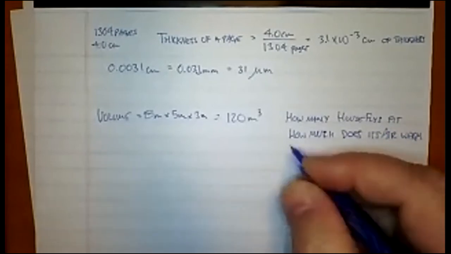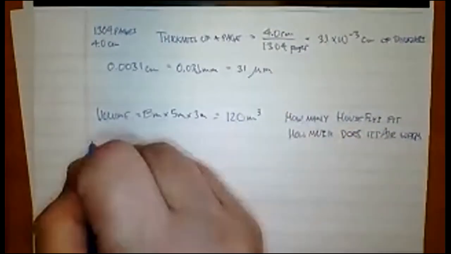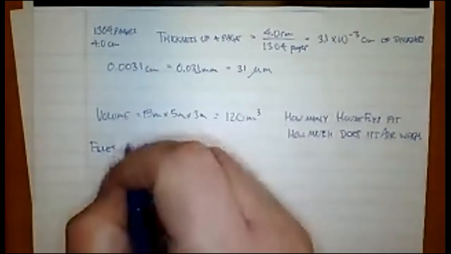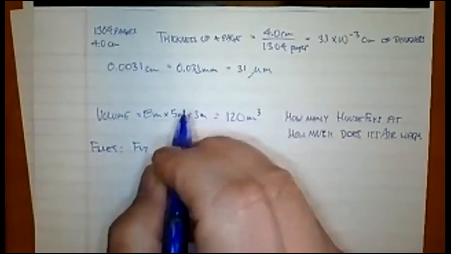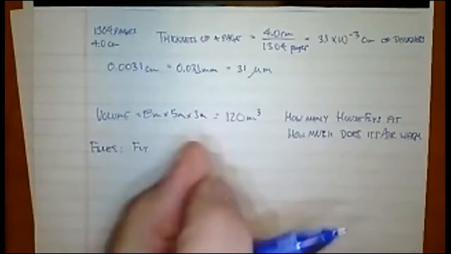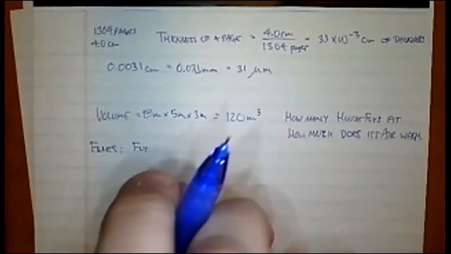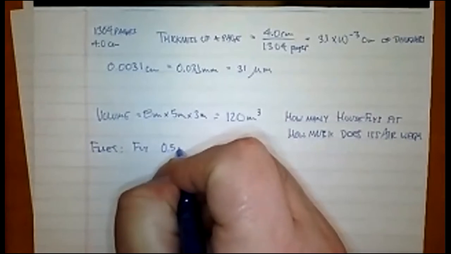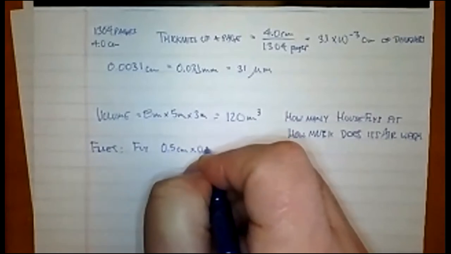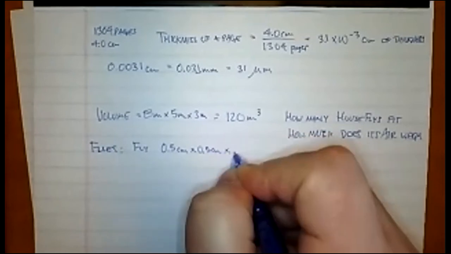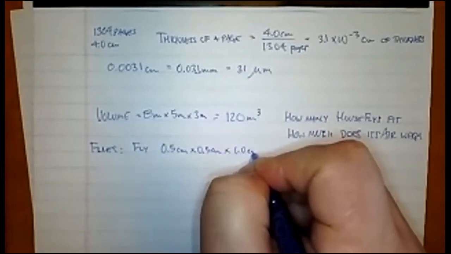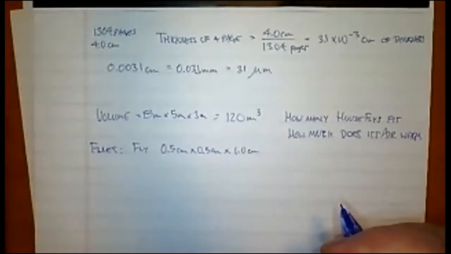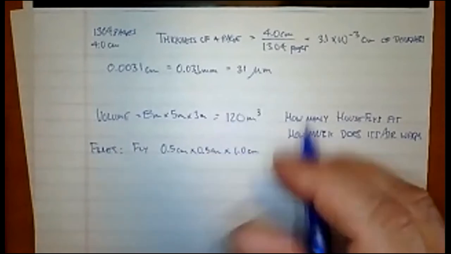Those are very typical questions. So in this case, if I wanted to do the flies, I'm going to say a fly is about, I don't know, about that big, about maybe half that wide and about half that tall. So I'm going to say it's roughly 0.5 centimeters by 0.5 centimeters by 1.0 centimeters. So we're assuming rectangular flies. Now some will be bigger than this, some will be smaller than this.